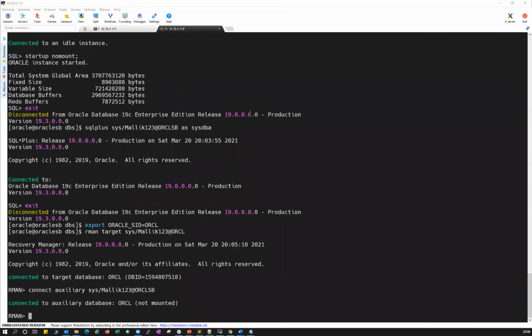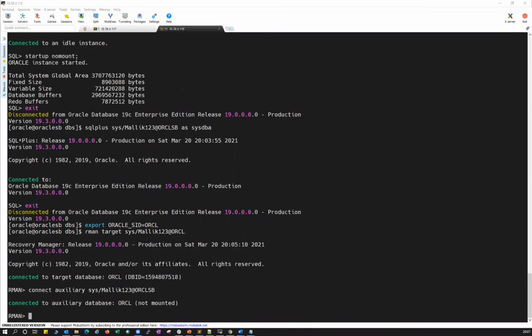But one best practice I used to follow: if I have a 2-node RAC production and a 2-node RAC standby, I will have a database name entry and both the instance entries, so 3 entries for my production and 3 entries for my standby. Totally 6 entries in TNS, because I try to keep the TNS entry file synchronized between all the nodes. So it's better to have all the instances and all the databases in your TNS. The standby and the production TNS entries will be the same.